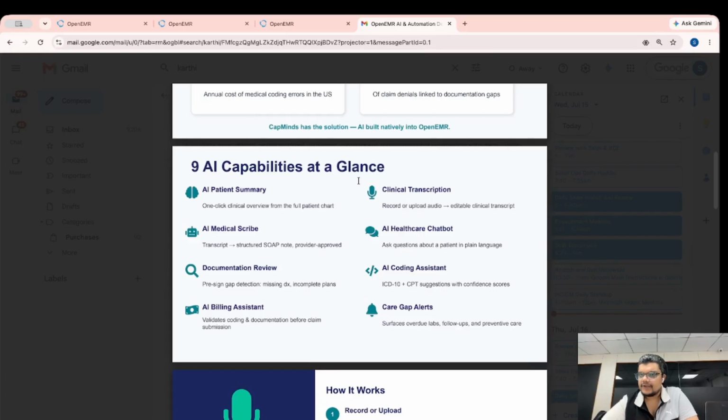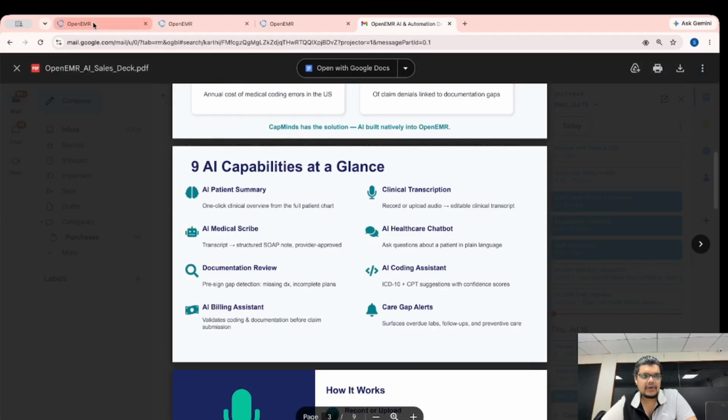If you want to ask questions about patients or any diagnosis you are confused with, you can do that directly from the system as well. Then for documentation, if you have documentation you want to review, if there are any missing diagnoses or incomplete plans, you can do that directly from here as well. Also, we have AI coding assistance. So if you have any ICD-10 or CPT questions, you'll be able to ask them from here. Then we have an AI billing assistant. It will validate the billing or coding you have done, or any care gaps you have, you'll be able to check that. Now, we also have automation